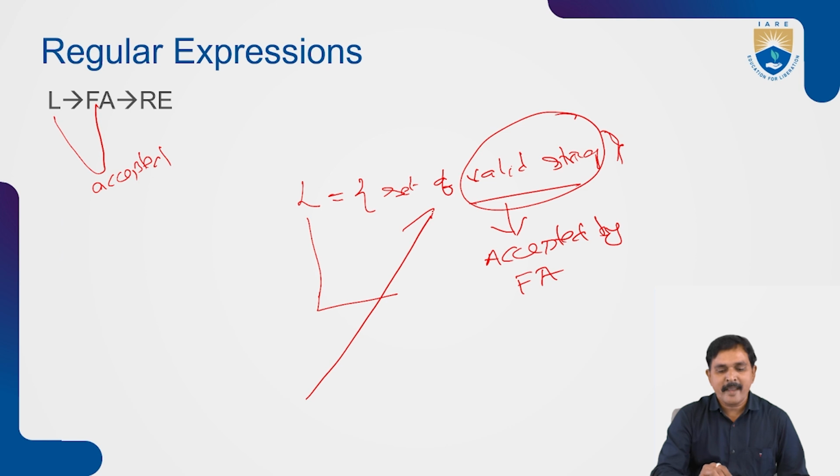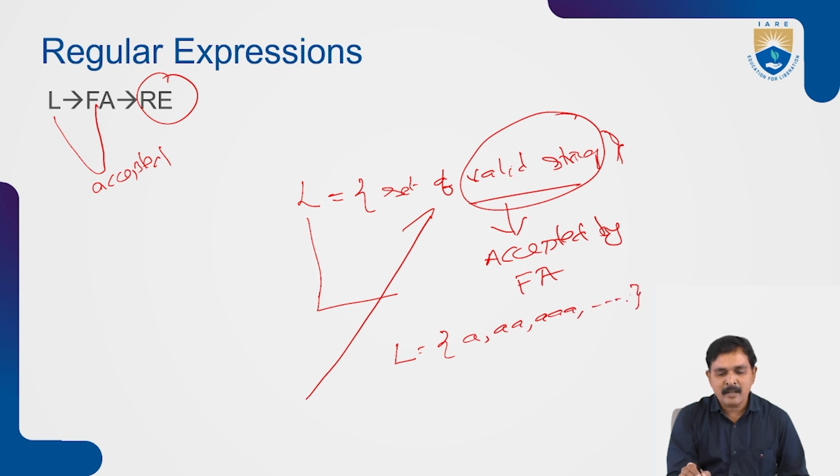And you want to take one common expression only. Means in the language we have so many valid strings: string 1, string 2, and so on, up to the nth string. But we cannot take n different expressions. For representing all the valid strings of a particular language, we use only a single common expression, which is called a regular expression.